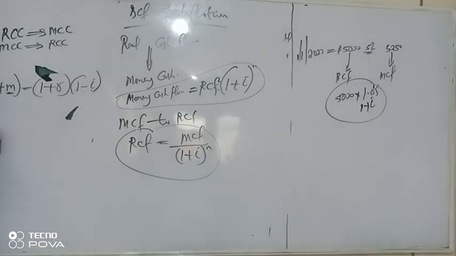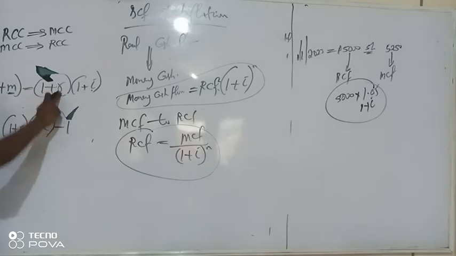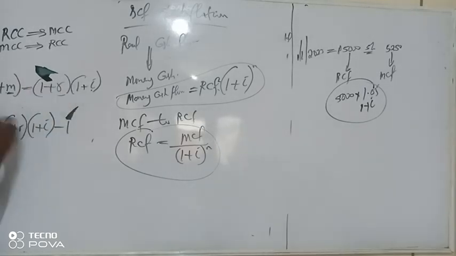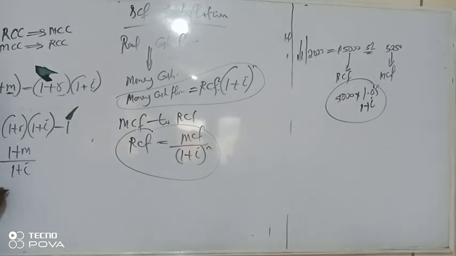Your money will be what? 1 plus V, abi, to bracket 1 minus inflation. I think it's just minus plus. Then minus 1. Abi now, Elijah, if you are looking for any, this right, abi, that is the final answer. Then if you are looking for this R, just work it out by saying R is equal to what? 1 plus money divided by abi 1 plus inflation abi minus 1 abi.